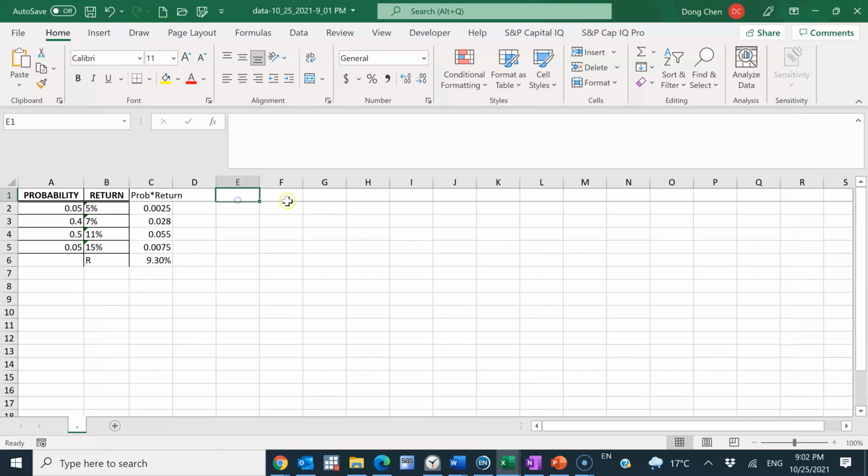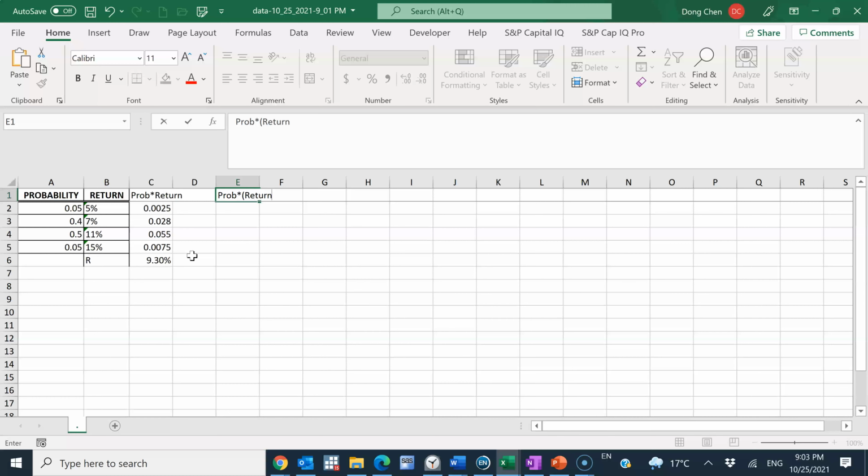And standard deviation is also sort of a weighted average. It's actually the square root of a weighted average. And the weighted average here is the weighted average of the squared deviation of each individual return under a given economy state from the expected return, which we just calculated. So in order to do that, we calculate a product. It's also probability, but then multiplied by the squared deviation, which is